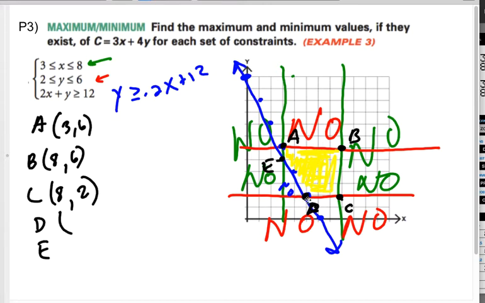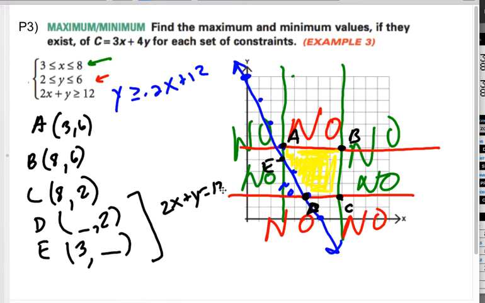So D is where y is definitely 2, right? That's still on the line where y is 2, just like E is definitely where x is 3. But both of these guys lie on the line where 2x plus y is 12, right? So if I plug in